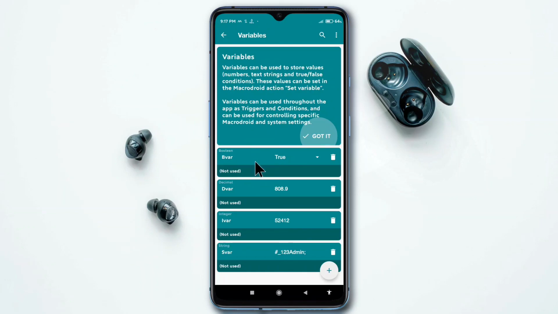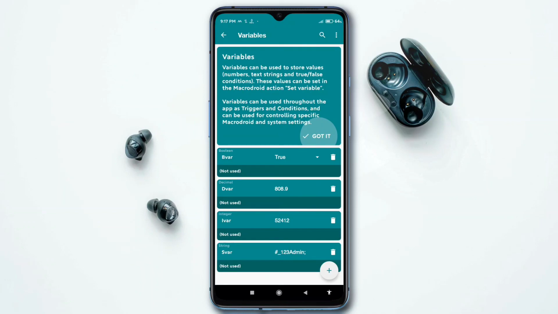In this tutorial we studied the types of variables used in MacroDroid and what values they accept, what value we need to enter in that particular variable. So if I enter any other value, it will not accept that value.